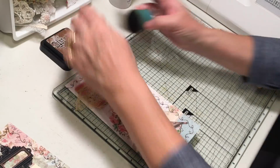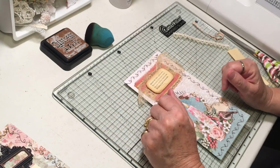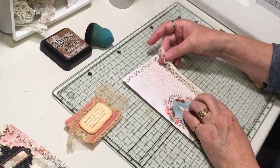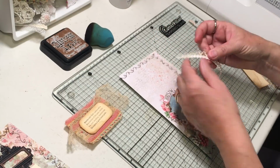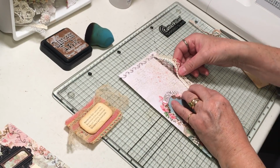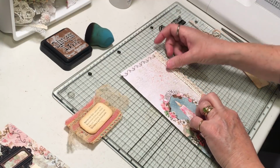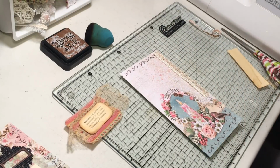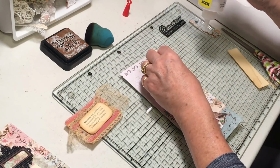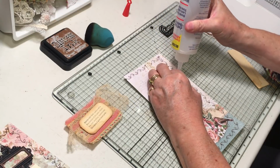Okay. Okay, so we're just going to put that there. That's where that's going to live. But I think I want to, before I put that stuff down, I want to get my ribbon down. And I've got this ribbon and pearls that is so pretty. And I think I'm just going to go right down the edge of the cover with that. So we'll use our handy dandy Fabri-Tac and just go right down where